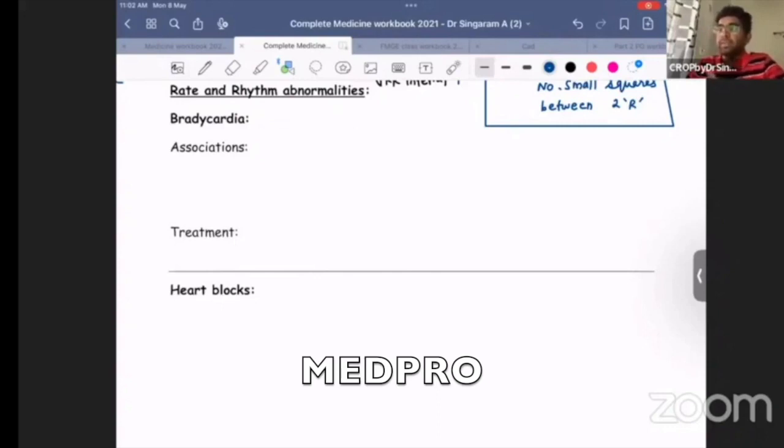Let us start the discussion first with bradycardia. What is the normal heart rate? Bradycardia is a condition characterized by a decrease in the heart rate, correct? Normal heart rate, I think all of you know, is around 72 per minute. It is like a range, around 70 to 80 per minute, but we say the normal heart rate is 72 per minute. And when will you